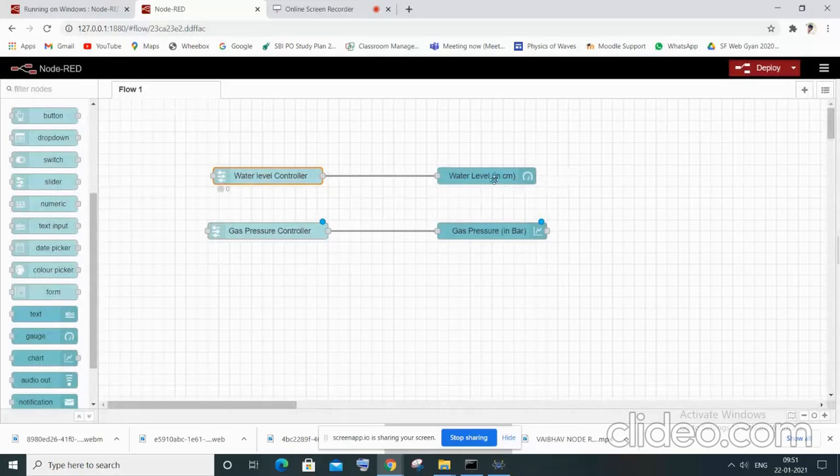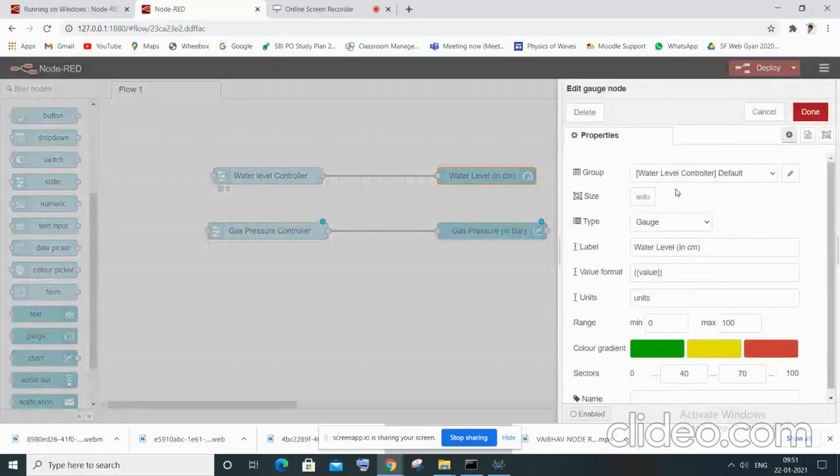Then we have this gauge, which has a label water level in centimeter, and it also has the range from 0 to 100. The color gradient can be seen here. The first sector, which has a green color, is from 0 to 40. Then we have the second sector, yellow colored, 40 to 70, and then the third sector, red colored, 70 to 100.